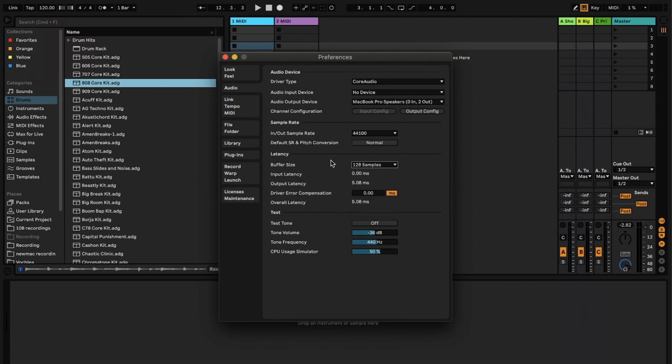If you're on Windows, the inbuilt audio drivers won't be able to handle low latency. So if you don't have an audio interface that comes with its own driver, you'll need to use ASIO4ALL in order to get low latency and set the buffer size to 128 samples. You can check out a full walkthrough on how to set up ASIO4ALL on Windows over on our Learn Doubler page, and there'll also be a link in the description of this video.